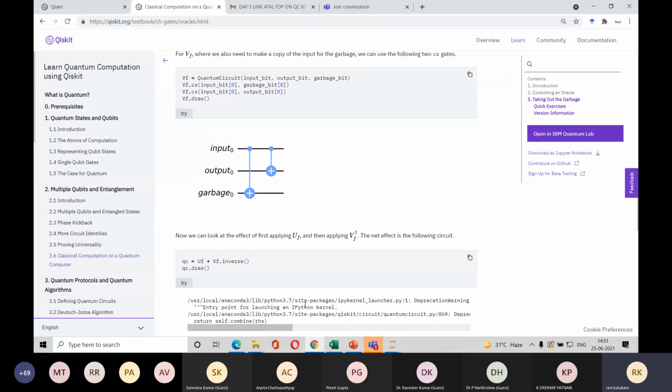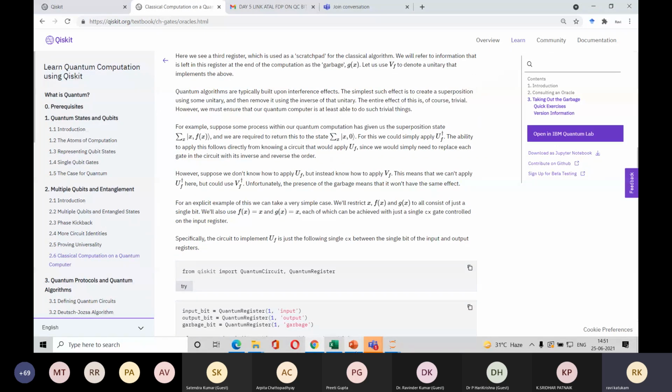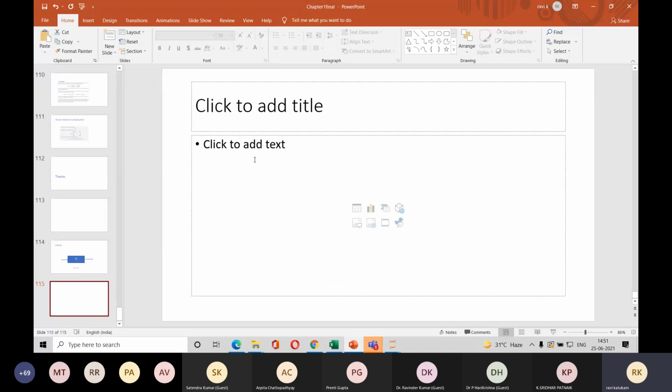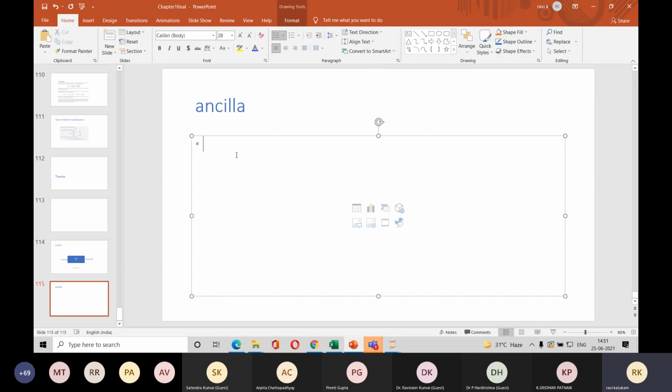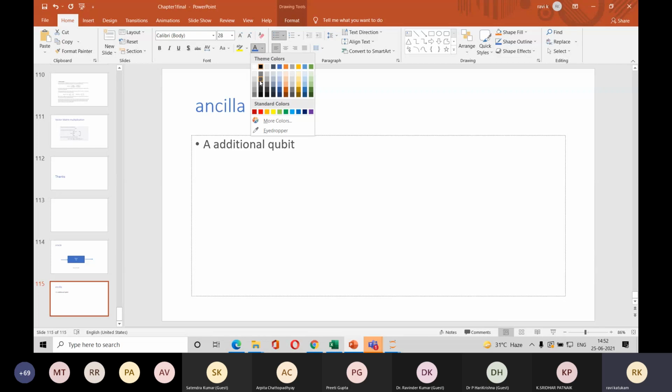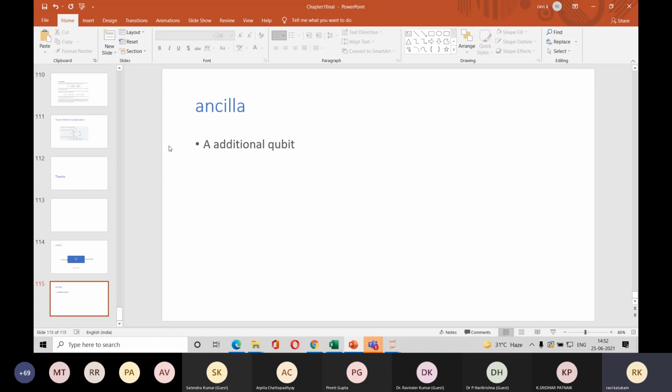And one more observation I wanted to give you. In quantum systems, you hear what is called as ancilla. This word is popularly encountered in the literature. Ancilla is an additional qubit. Okay, this is an additional qubit that will not directly participate in the computation, but it is there in the circuit, but its result we are not interested in. We are not doing any measurement on this ancilla. Even if you measure, you don't treat its value.